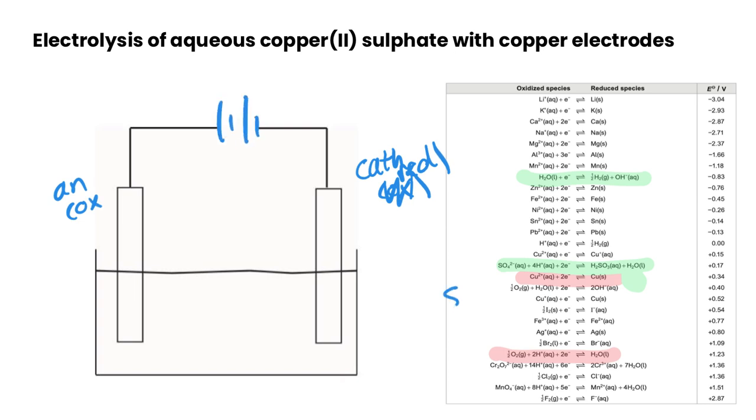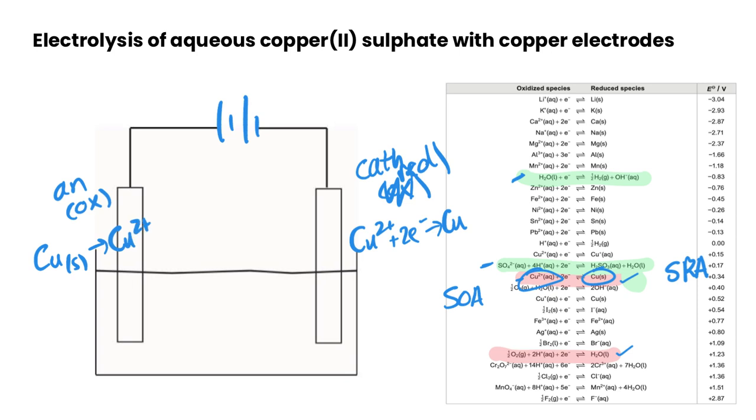Now let's look first for our strongest oxidizing agent because that is going to undergo reduction. So we're looking at considering copper 2+, the sulfate, and the water. So copper 2+ is our strongest oxidizing agent, so that is what is undergoing reduction. And then we're considering our solid copper on this side now for our strongest reducing agent as well, because we do have that in the mix now. So if we look between water and copper solid, our copper solid is our strongest reducing agent, so that's going to undergo